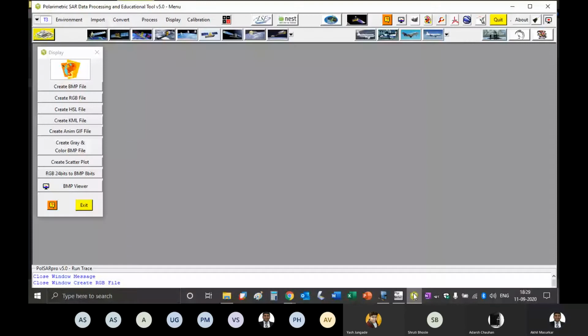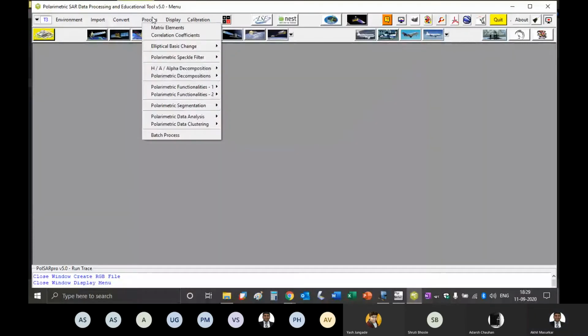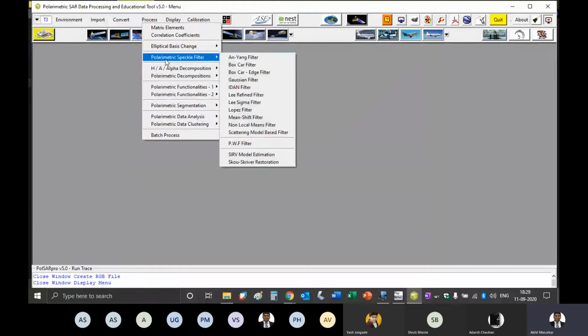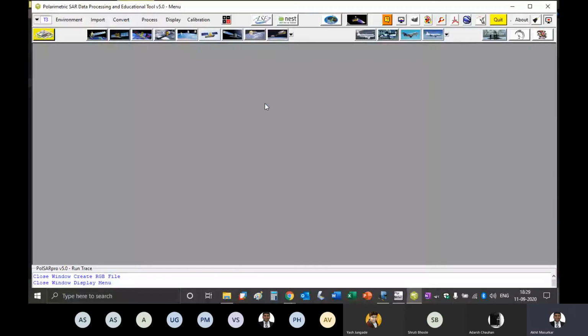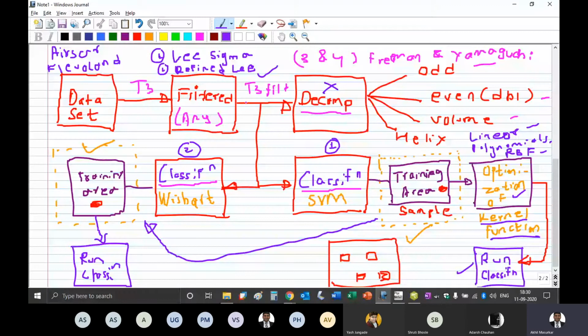Okay. Now we want to apply some kind of filtering on this. So we will go to polarimetric speckle filter, and first we will apply Lee sigma filter, and second we will apply refined Lee filter.